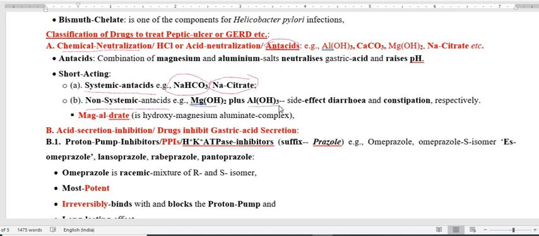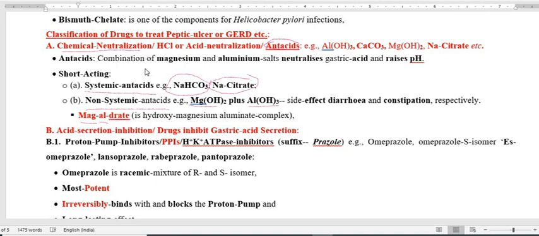The mixture of magnesium hydroxide and aluminum hydroxide is the best choice, and it is also called magaldrate. MAG stands for magnesium, AL stands for aluminum, and drate means hydrate. So magnesium hydroxide and aluminum hydroxide in combination form a compound called magaldrate, a hydroxy magnesium aluminate complex, and that is used as a non-systemic